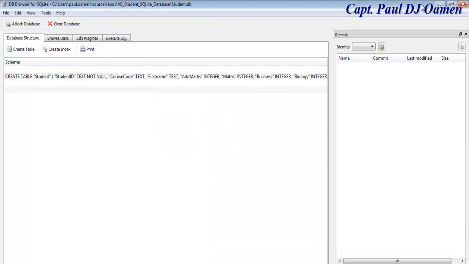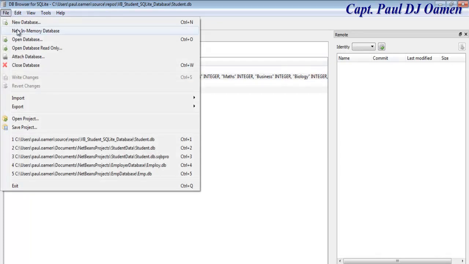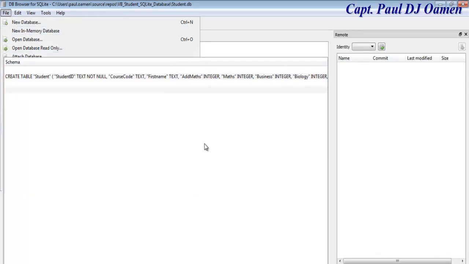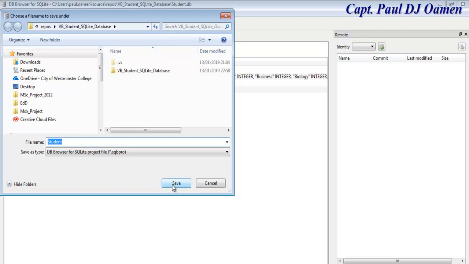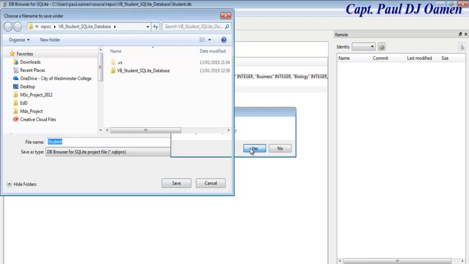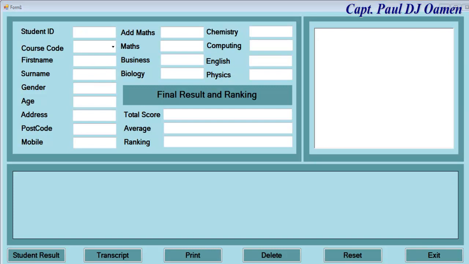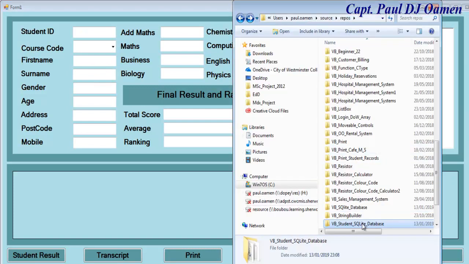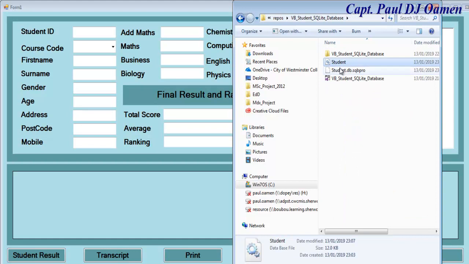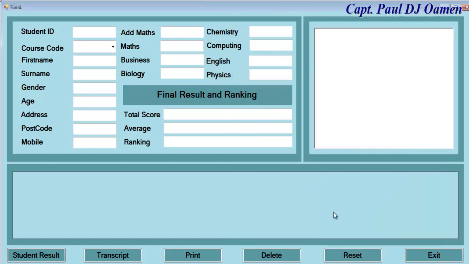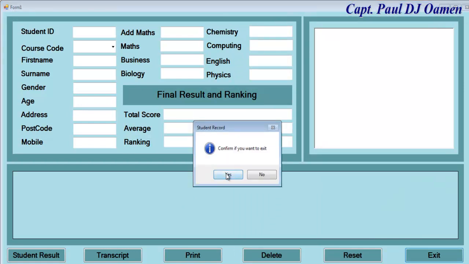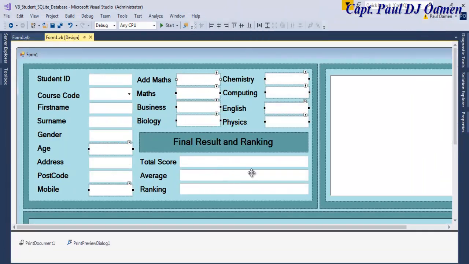Right, my database is completed, so let's save and just exit. Yeah, it's saved right in there anyway. Okay, I'm going to close that. Let's have a look at the database. Right there, that's the database created, but it's not populated though. Now the next thing I would like to do is, let me exit out of here, and